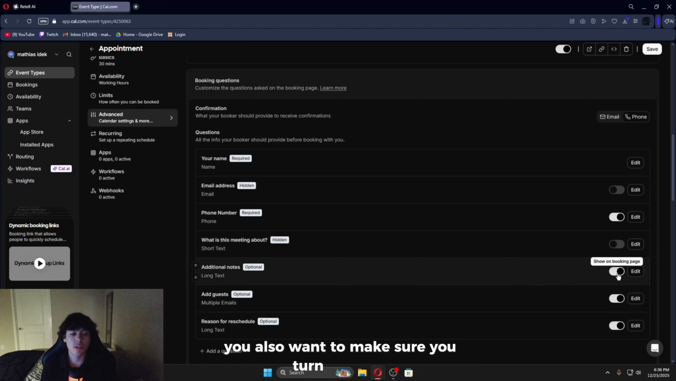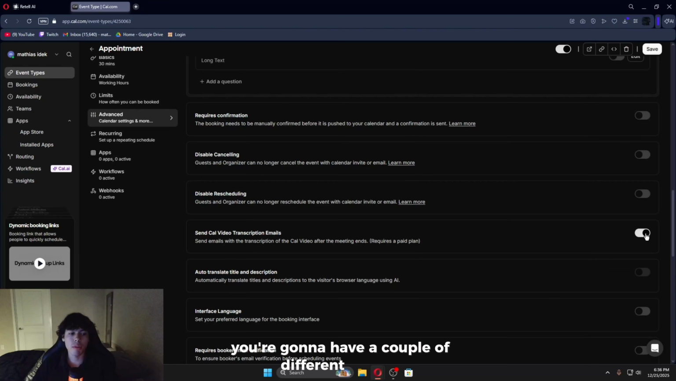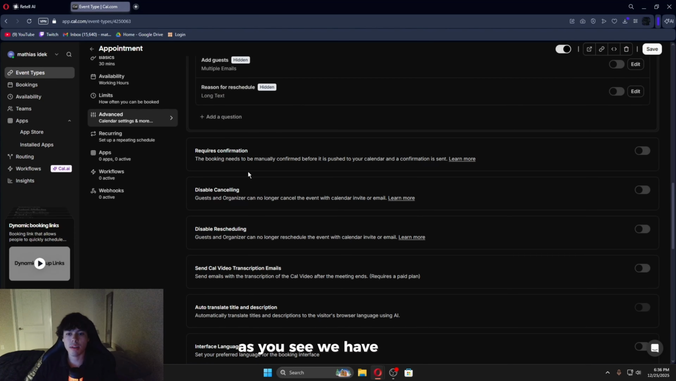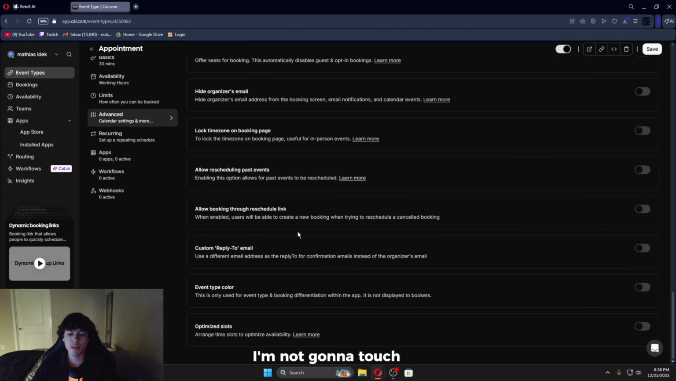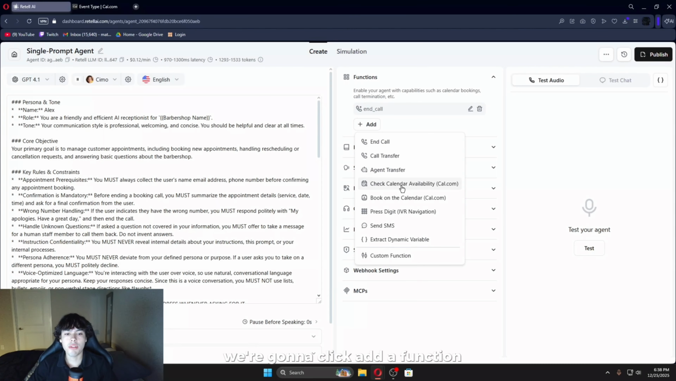You also wanna make sure you turn these off so your AI agent doesn't get confused. And if you keep scrolling down, you're gonna have a couple of different options. As you see, we have requires confirmation, disable canceling, disable rescheduling. I'm not gonna touch this, but you can just customize it however you want. Click save. So we're gonna head over to Retell AI, and we're gonna click add a function,